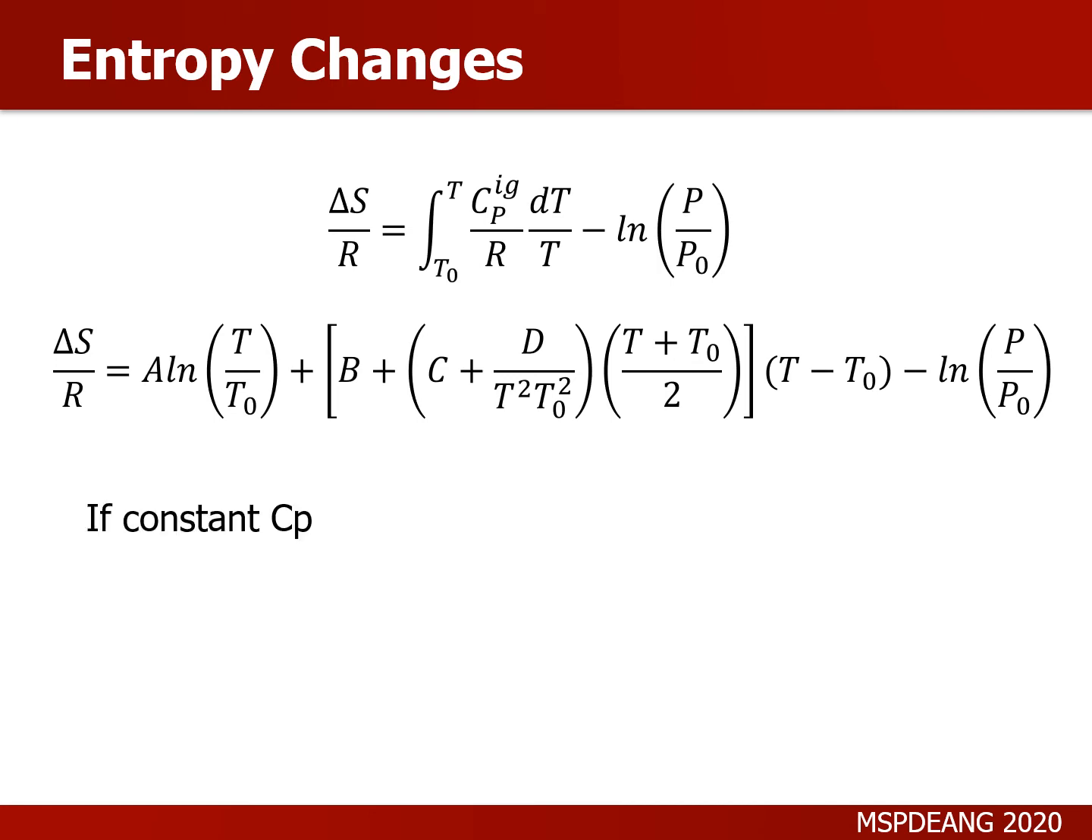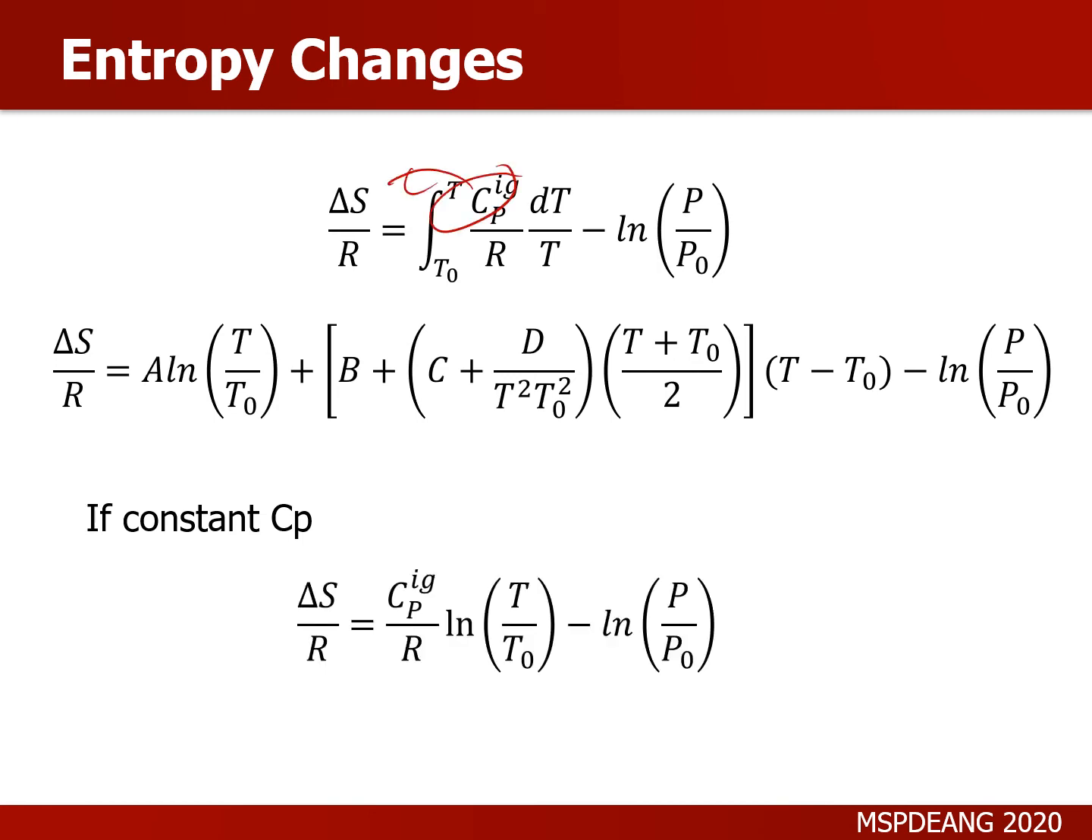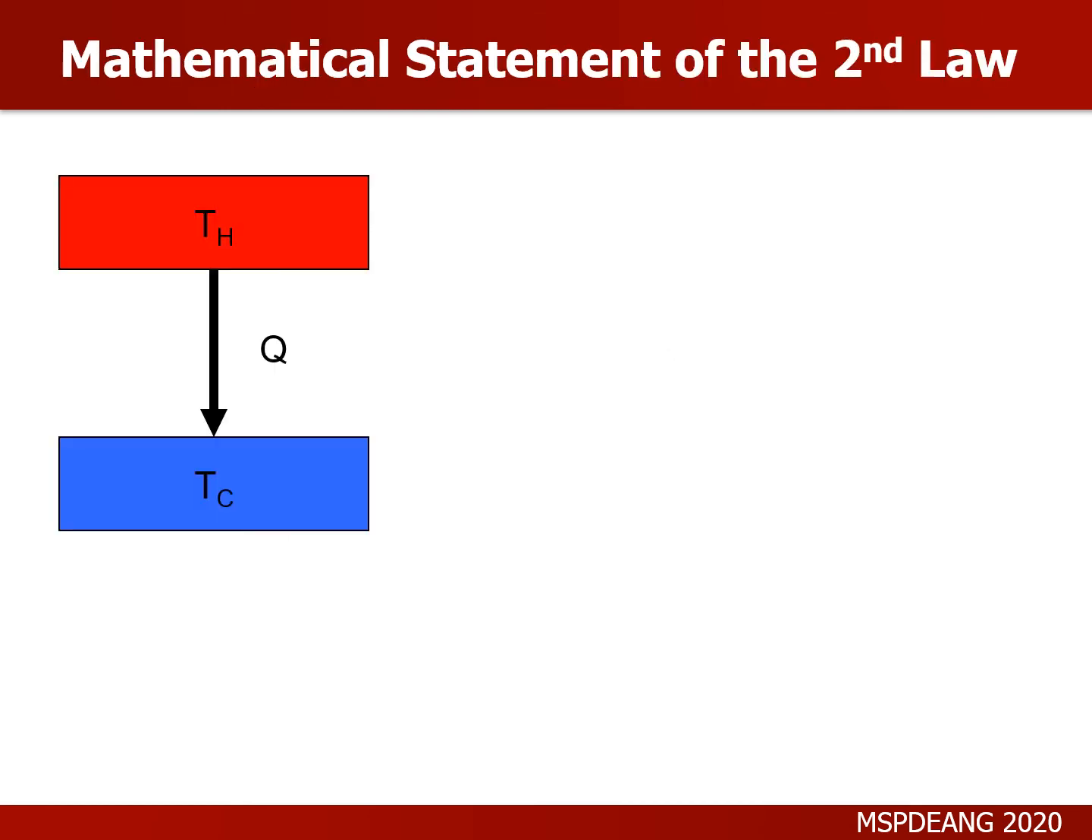However, we can also simplify this. If it's constant Cp, you can remove this out of the integral to get the following. So delta S over R is equal to CpIG over R. We'll now be left with the integral of 1 over T. So ln T over T naught minus ln P over P naught. Okay, so now that we know how to calculate entropy changes for reversible processes, or even entropy change for ideal gases,